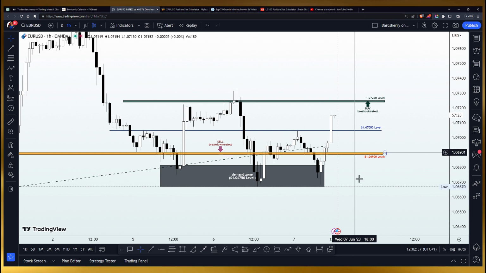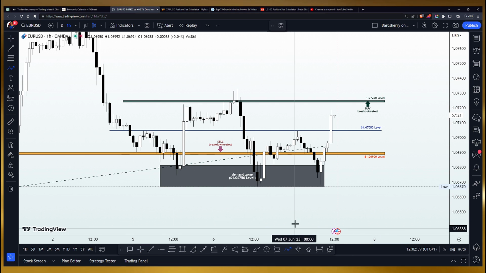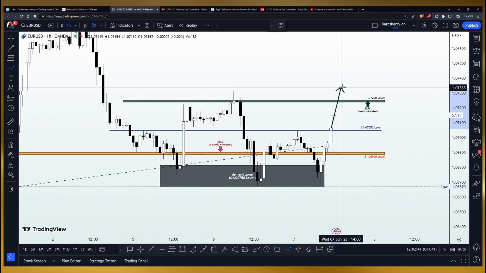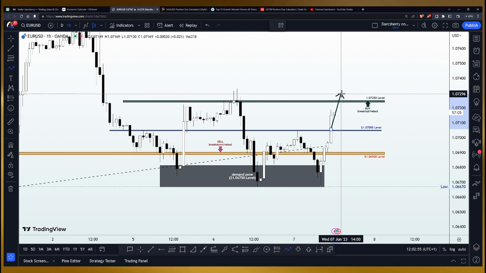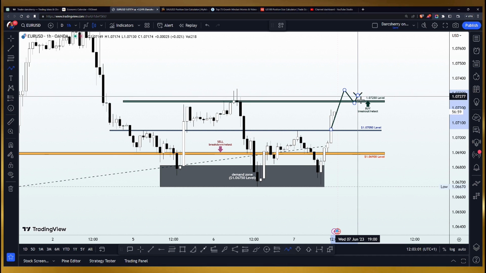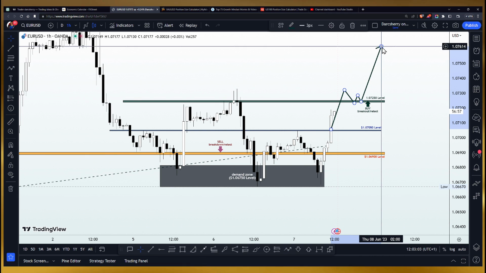However, if that does not happen and price action continues to go to the upside, then a buy stop order above the 1.07250, that is for those who are already in an existing trade here. But if you don't have a position yet, I might suggest that you wait for a retest of structure. So as soon as we have a breakout, you scale down into your lower time frame. It could be your 3 minute, 2 minutes, 5 minutes time frame. Look out for retest of structure to join that bullish move to the upside.